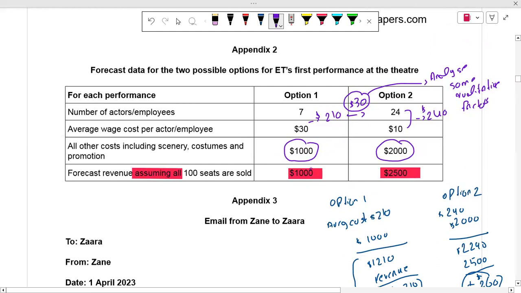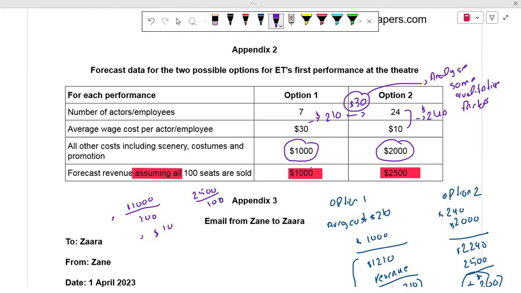Okay, so as you can see, there is $1,000 revenue for option 1 and $2,500 for option 2. If 100 seats are sold, then $1,000 divided by 100 means that one ticket will cost $10. And if we divide $2,500 by 100, we will charge $25